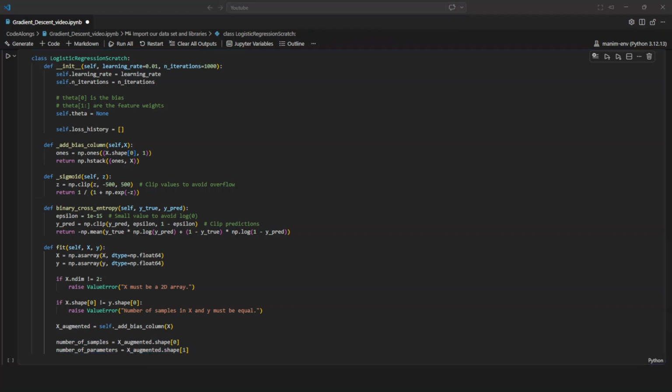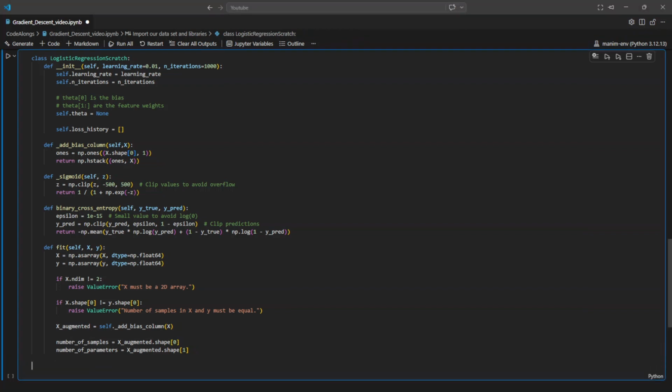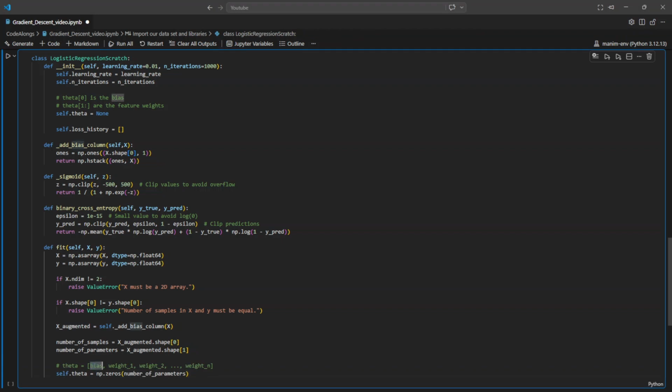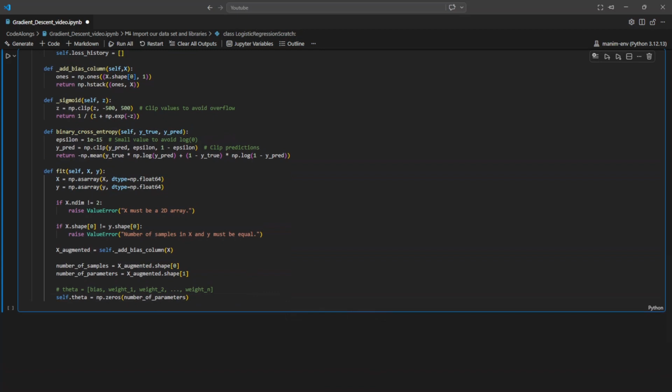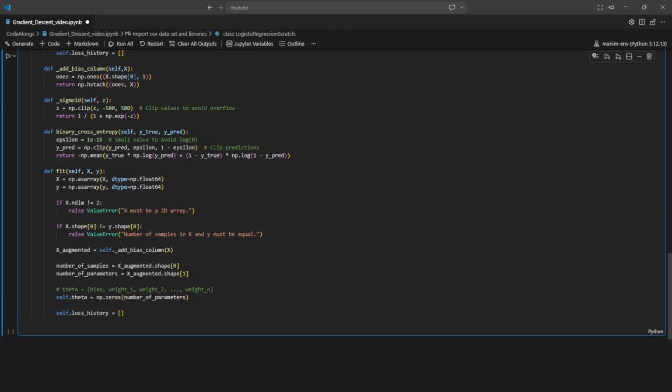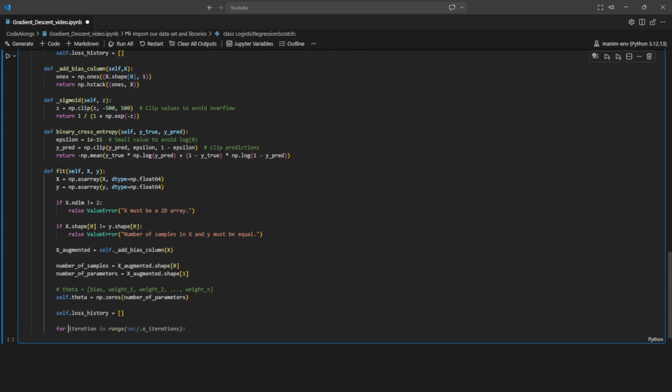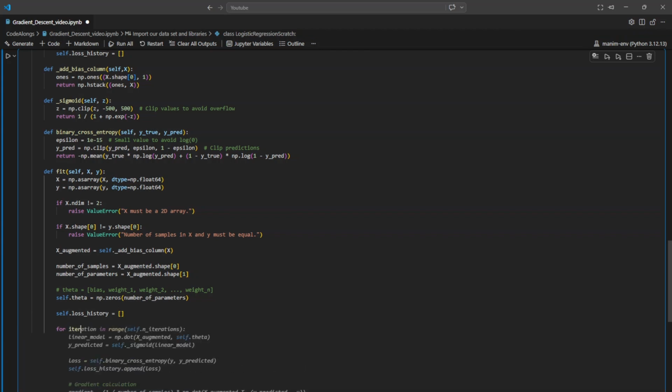Next thing that we need to do is that we need to create our theta vector. So just a reminder, theta has a bias and then all of our weights, and then self.theta is our numpy of zeros, which is the number of parameters. And then what I'm going to do is that I'm going to recreate my loss history. Now, next thing we need to do is that we're going to create our iteration. So we can say that for iteration in range, and we're going to iterate this, our n iteration